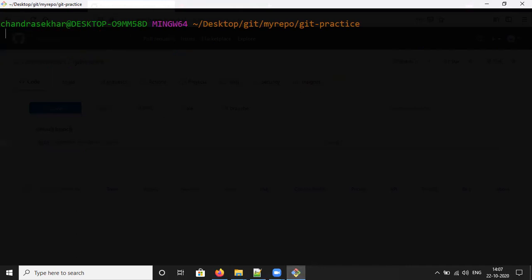Anyway, we have to use this command, git push ssh url with master. Then only it is going to work. Commit your changes to the local repository, and to the remote repository.